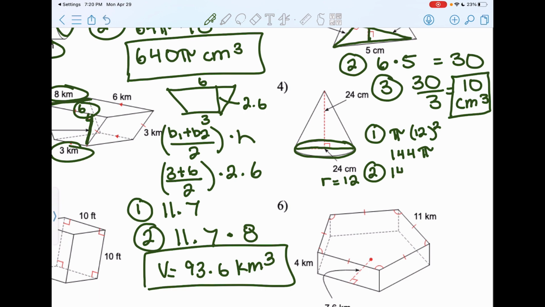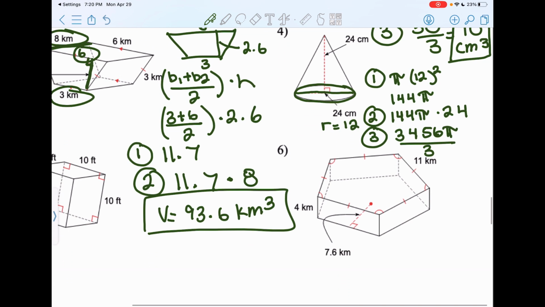Step 2 is I have to multiply the area of my base by the height. So I'm going to do 144 times 24, and I get 3,456 pi. And then step 3, because this is a cone, I have to divide by 3. And I get that the volume of this cone is 1,152 pi